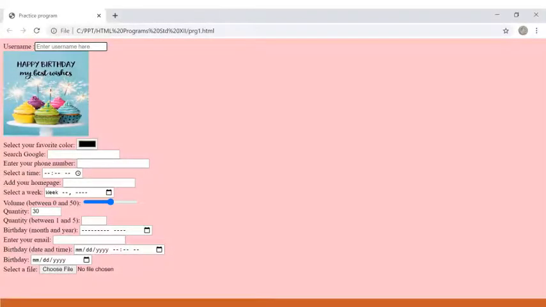Now this is the output. Just go through the output. The first is given as username, so enter the username here. This is a placeholder. Then image is given, then color control is introduced, search control is introduced, phone number, that is number, is introduced with a pattern, time is introduced, URL is introduced, select a week control is introduced,